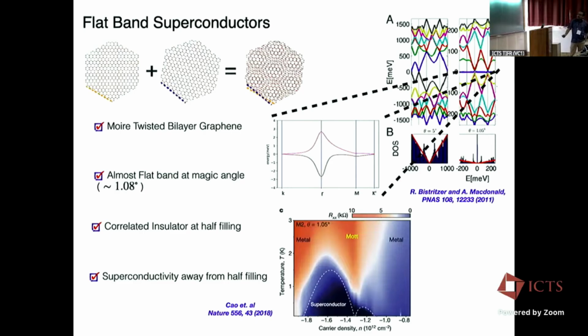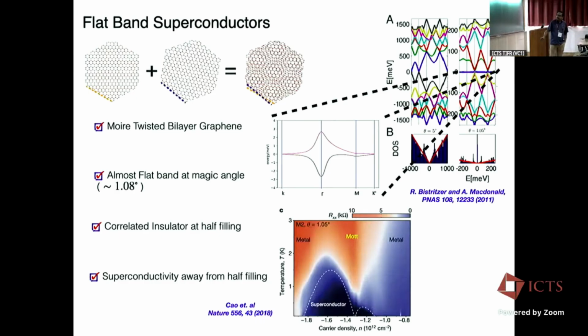And what happens is, when you try to fill up these bands, they have a degeneracy of 4. There is a valley and there's a spin. So if you go to a filling of -2, that's in the non-interacting picture, you are filling up basically half of the degrees of freedom, or emptying out half of the degrees of freedom in this band. And at that point, band theory should have given you a metal, but you do get an insulating behavior.